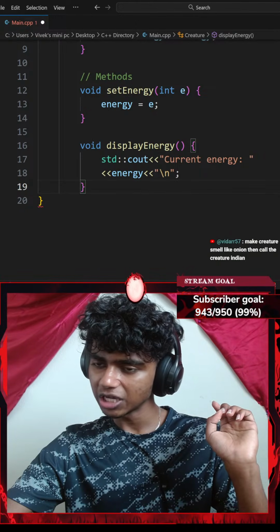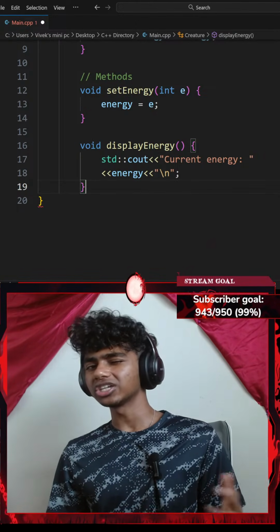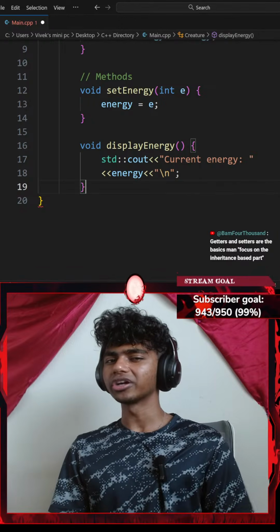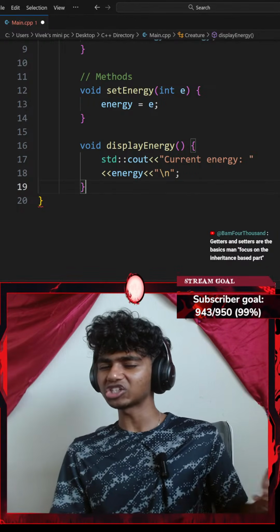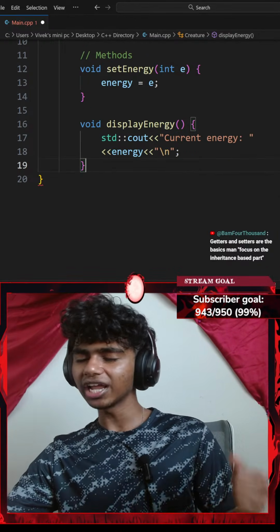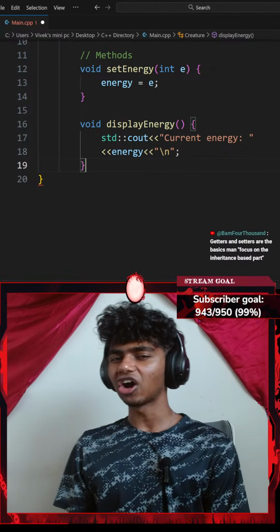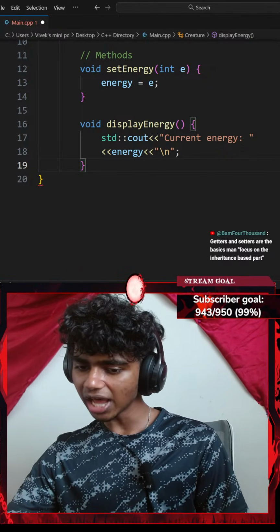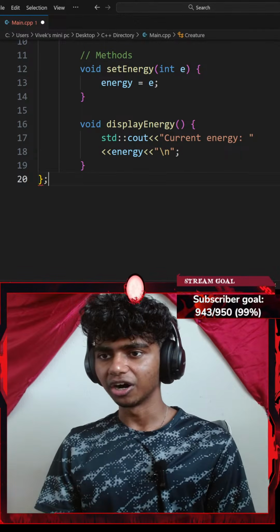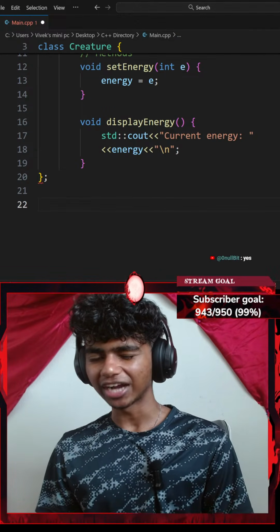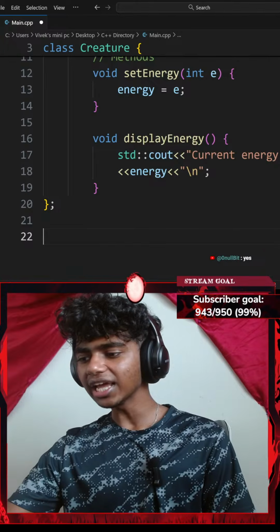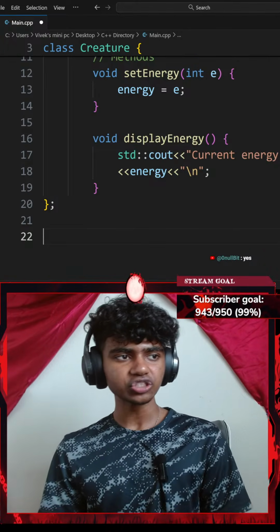Okay, getters and setters are the basics, man. Focus on the inheritance-based part. Honestly, I did work on getters and setters, but I do want to keep the code a little shorter because I want to do multiple questions to actually get a grasp of it. The more functions I add, the more typing, and the longer it takes. I want to do multiple practice questions to get a hang of it, because I did have a whole stream on mastering getters and setters, so I do know how they actually